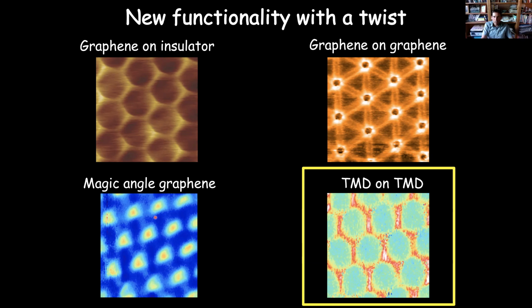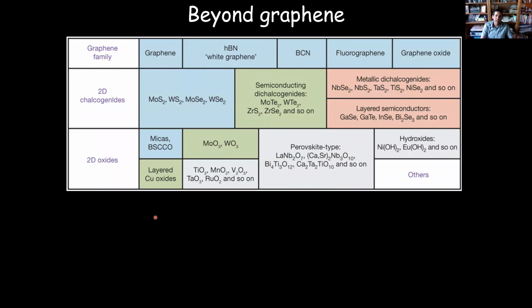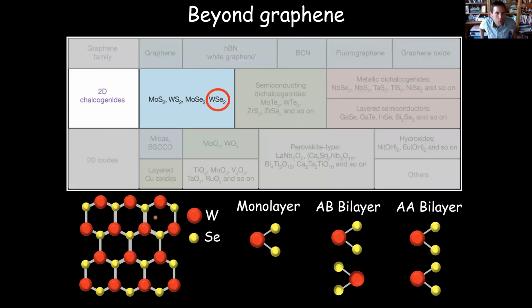All right. So in this last part, I just want to show that this is not something that's unique to graphene. If you go to tungsten selenide, you can do a very similar thing. In fact, there's a whole range of materials beyond graphene that you can do this same kind of manipulation of the electronic states with. I want to focus on tungsten selenide because it's interesting. It has an extra degree of freedom that you don't have in the graphene system.